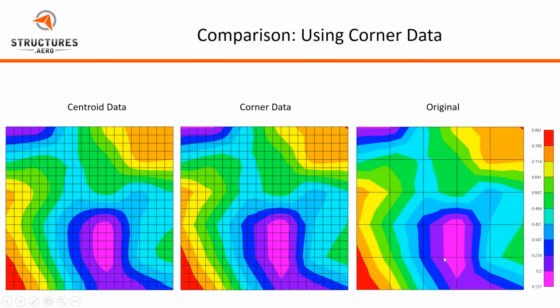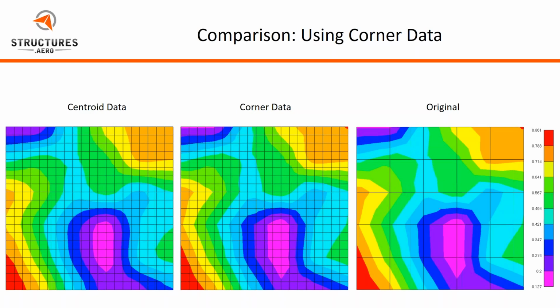even going, in the bottom left of this pink region, we have a sharp line in the corner of this element. We have that same line here in the corner data. Using the centroid data, the load is a little bit more spread out. It kind of averaged the data, and we have smoother contours. So either one of these is fine. It just depends on what exactly you want